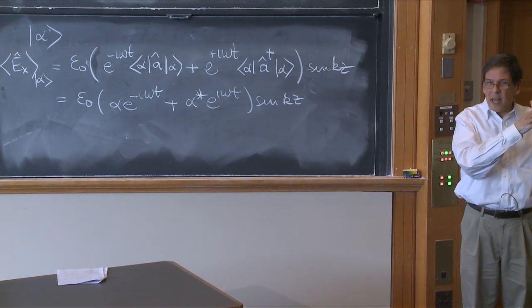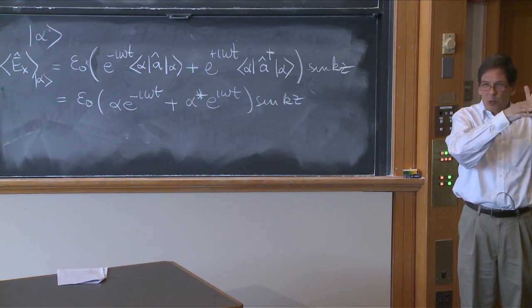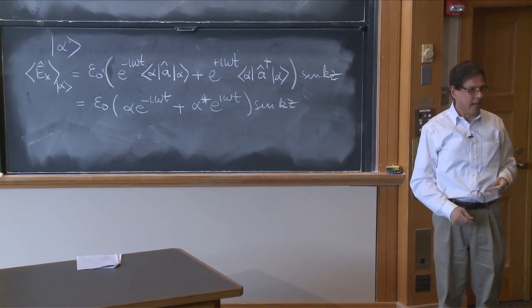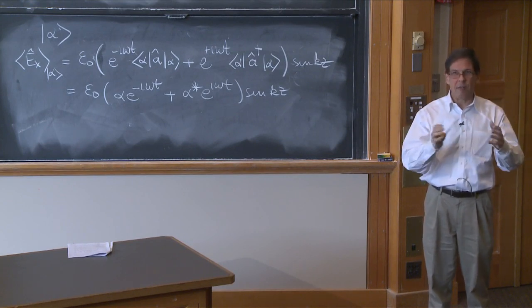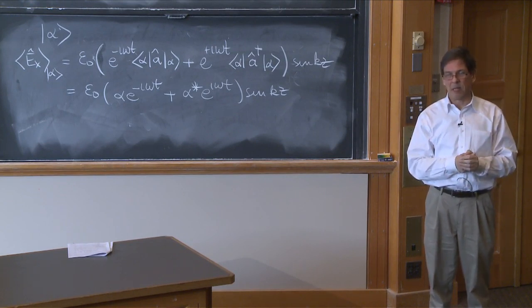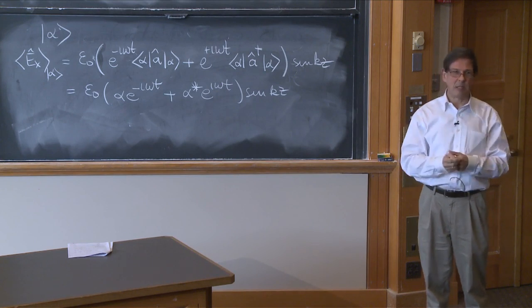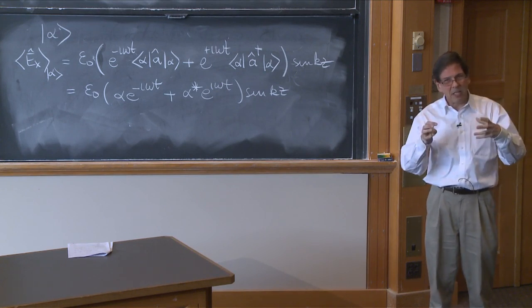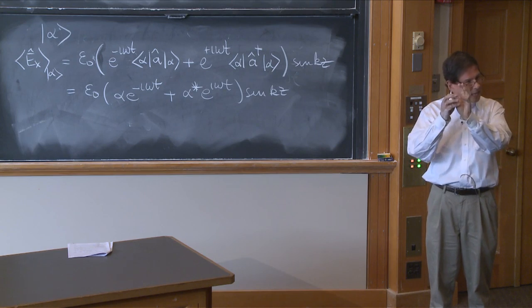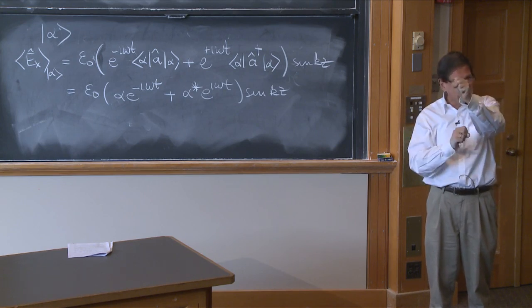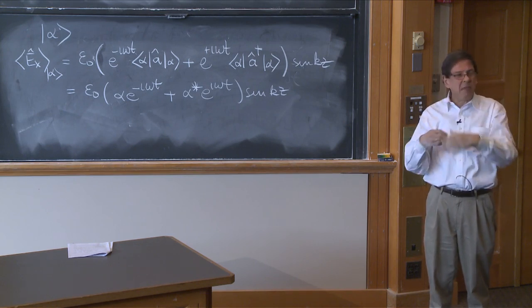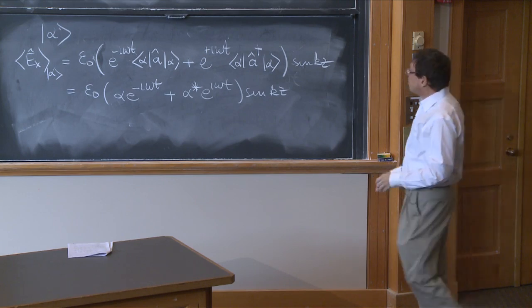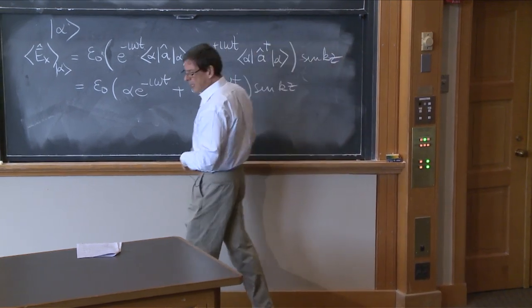So anytime in 8.02 or 8.022 you had a classical wave to analyze, the quantum description of that wave is a coherent state of the electromagnetic field. Lasers are coherent states of the electromagnetic field. They have these uncertainties that we discussed last time with number and phase that are very strong. If the number goes large, the uncertainty on the phase is extremely small. So there we go. This is a coherent state.